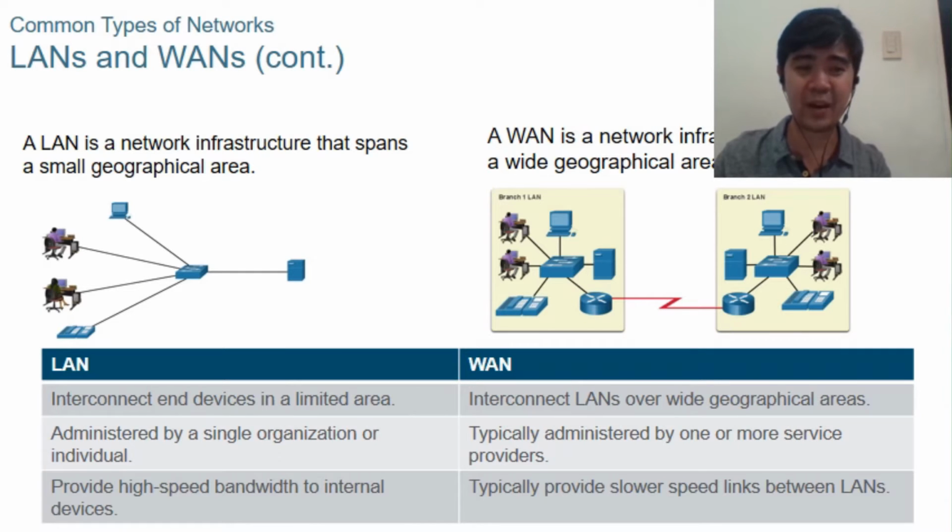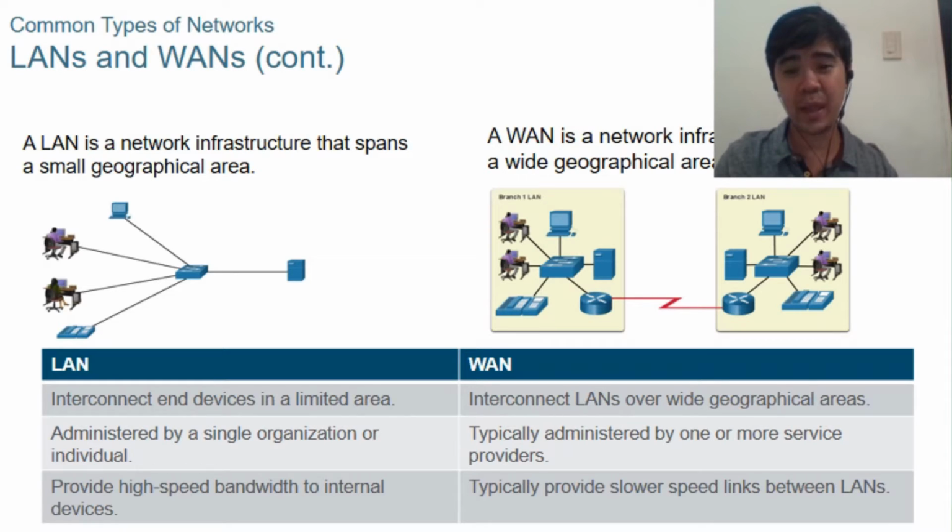So I have here a diagram of the local area network and the wide area network. Another input I can say about a local area network is that it is administered locally. What I mean by locally is, for example, at home, you are the one who will administer the network. You buy a switch in a local computer store, and then that's it. You connect your computers together. You are the one to manage your network.